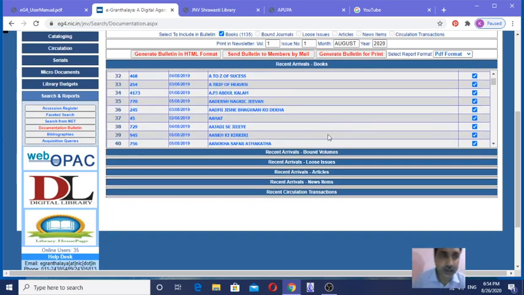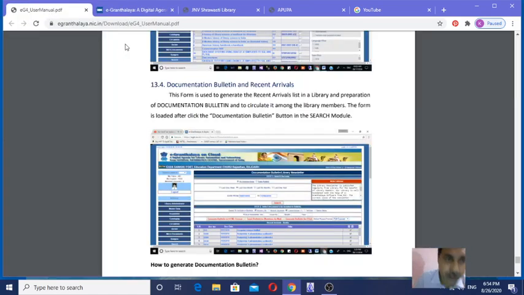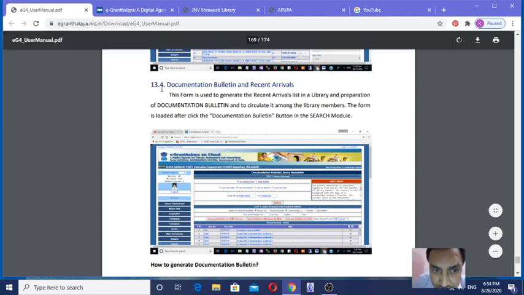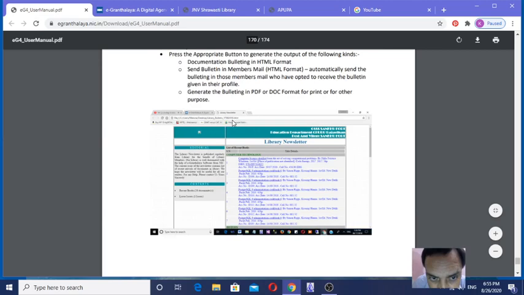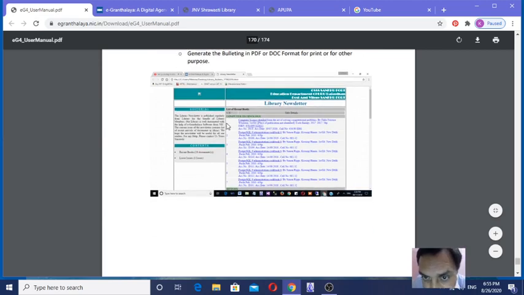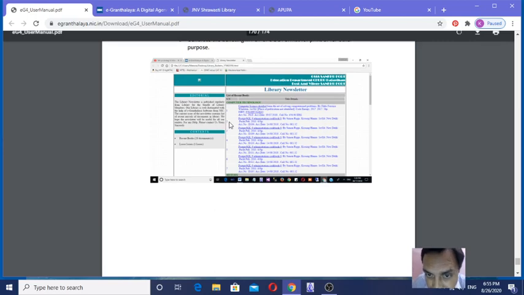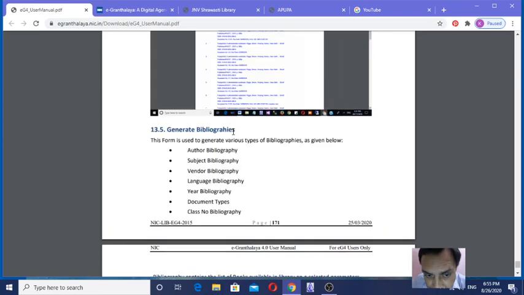Beautifully arranged documents we get in the form of reports. And after that, at last I want to show you this one, the user manual. Yes, see, this one is the user manual, chapter 13.4, documentation bulletin and recent arrivals. You will get bit by bit information, how to generate reports, everything. It's showing the HTML format and all.